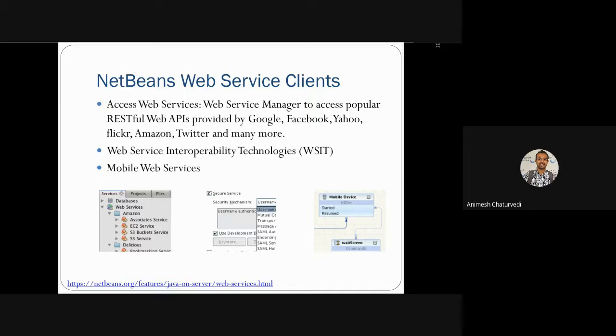So how to request a web service through a mobile, because the server would be a large computer and you have some app which is requesting that web service, and you have to write the code on that mobile web service part of the NetBeans web service client.